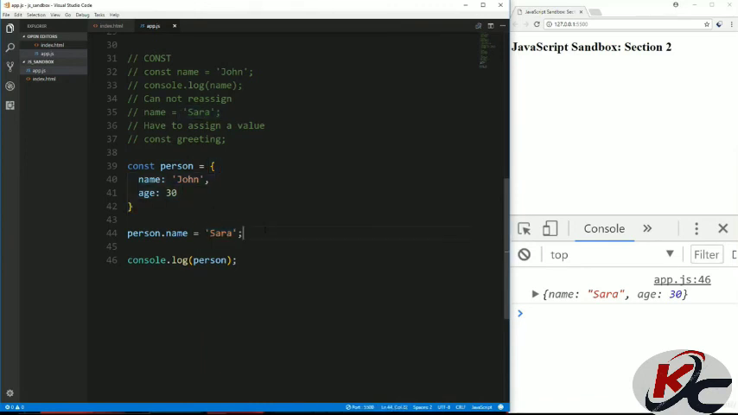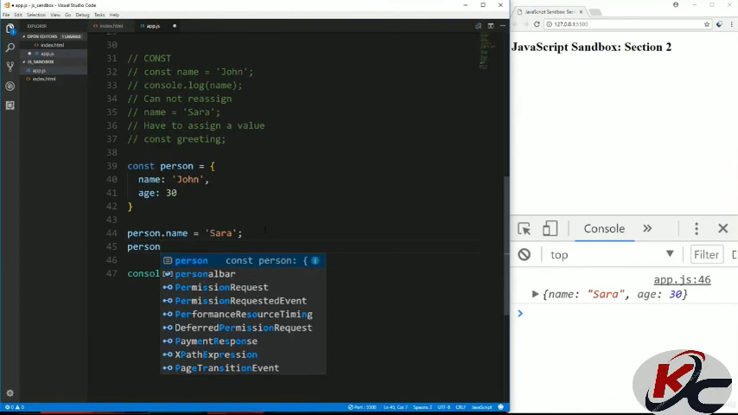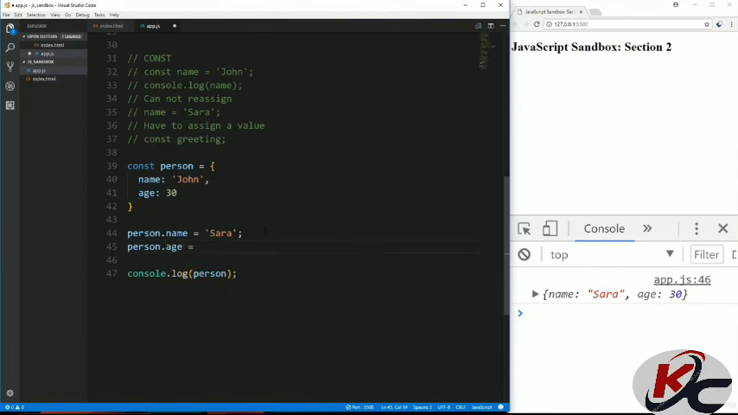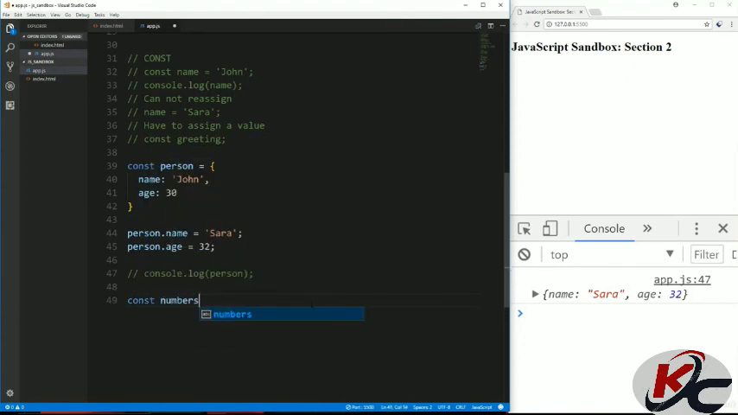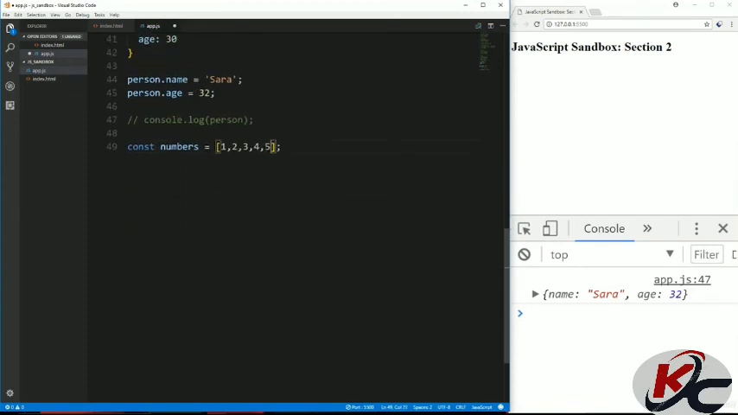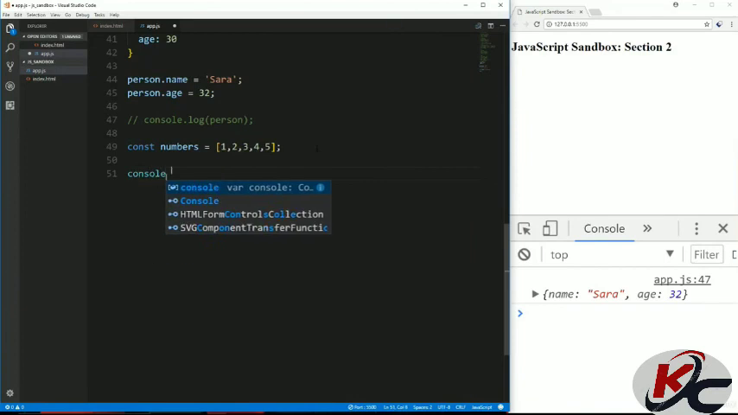All right, and I could change the age if I wanted to by saying person.age equals, and we'll say 32, and save, and you can see now age 32. All right, so same thing with arrays. If I were to create an array called numbers and just put some numbers in here, and then go down here and log it,